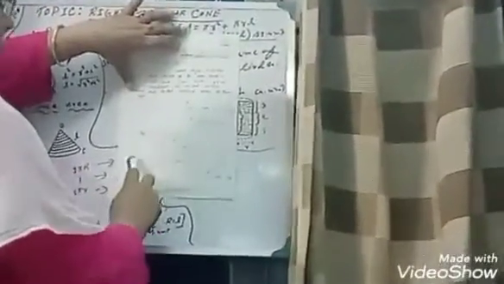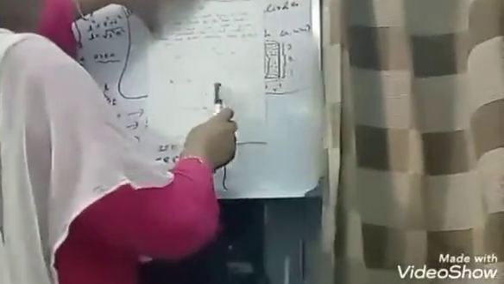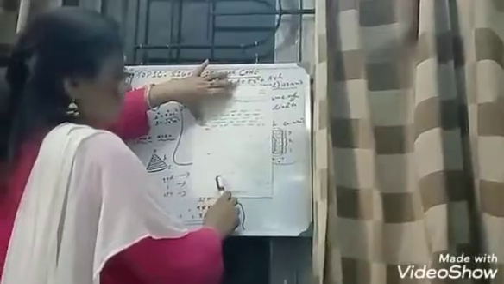To find the base area, base area means pi r square, since base is just a circle, so circular area we know pi r square. Pi means 22 by 7, r means 15, so 22 by 7 into 15 into 15. Do this calculation part, we'll get 707.14 square centimeter. So what is the total surface area?